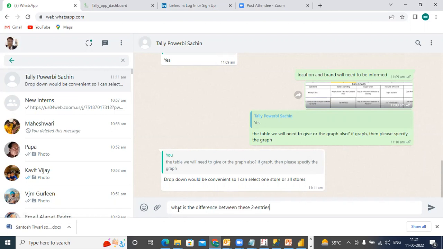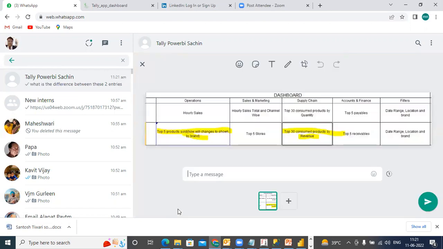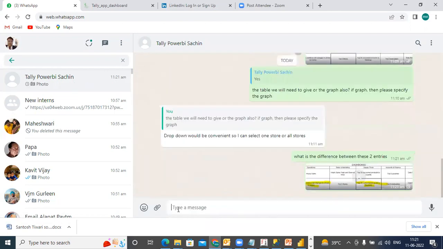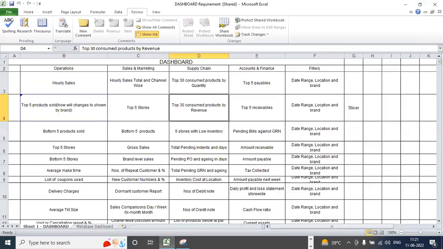भाई रिवेन्यू का डिफरेंस है ये सर। मुझे भी पूरा क्लियर नहीं हो पा रहा है। सोल्ड और कंज्यूम में क्या डिफरेंस है? ये केवल सोल्ड है सर। अब ये टॉप 5 रिसीवेबल अगर मनी वाइज निकालना है, हाँ ये मनी वाइज कंज्यूम्ड वाले में मनी वाइज सबसे ज्यादा जो टॉप 30 है सर वो है। ये तो लल्लू वाला है।